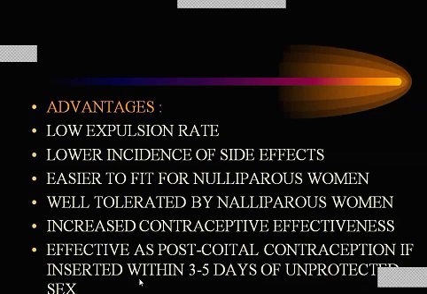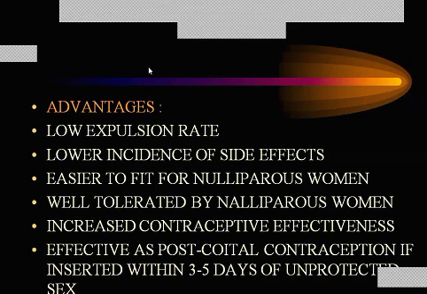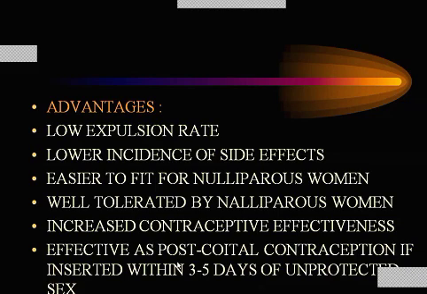These can also be used as post-coital contraception if this device is inserted within 3 to 5 days of unprotected sex. So this is also used for emergency contraception. Emergency contraception means if a couple has unprotected sex and you insert this copper T or a hormonal device within 3 to 5 days, then they are protected against pregnancy. That is known as emergency contraception. That prevents implantation of the